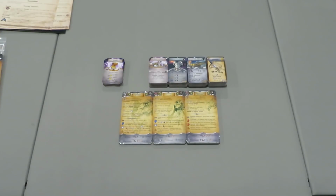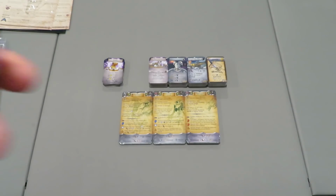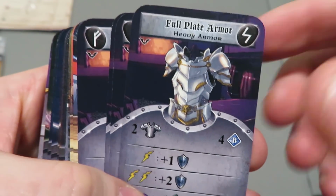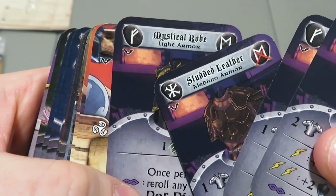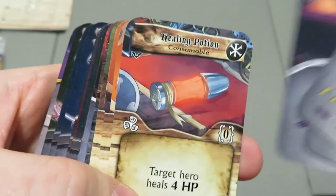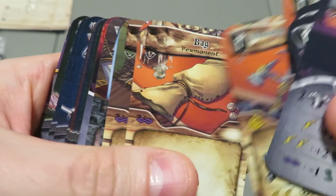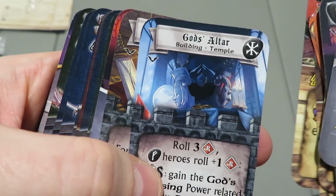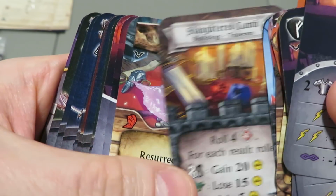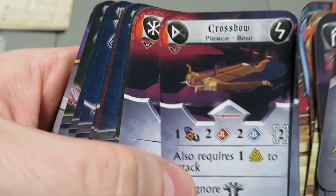Going to the next one here, oh man, I've got a lot of cards to go through, that's for sure, in order to organize all this stuff. So here we go: full plate armor, scale armor, studded leather, mystical robe, healing potions, ropes, throwing hammers, a couple of those, some bags, elven quiver, holy water, God's altar, slaughtered lamb. I love the artwork in this, it's so cool. Resurrection, flail, crossbow,